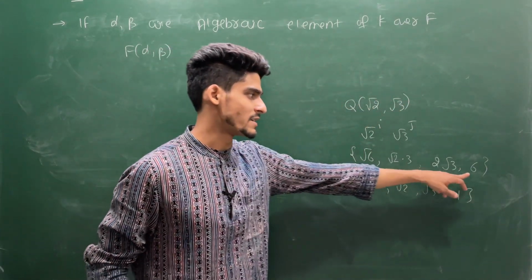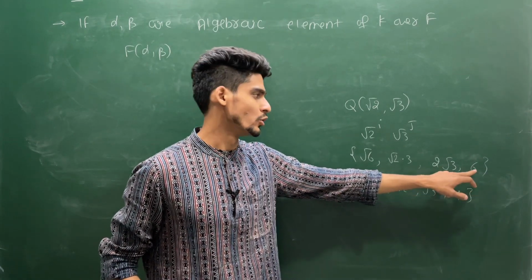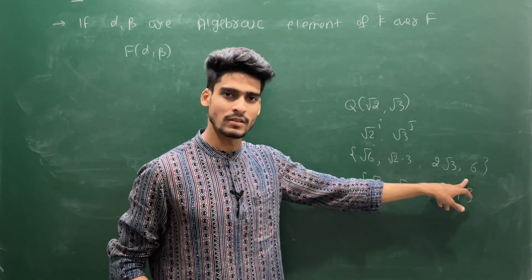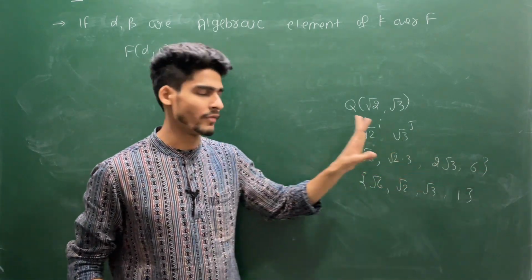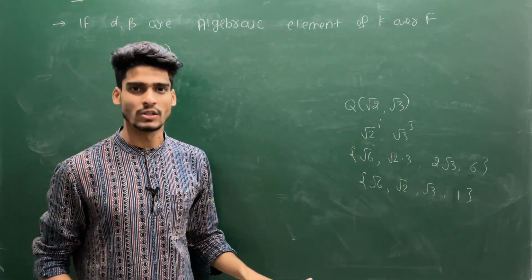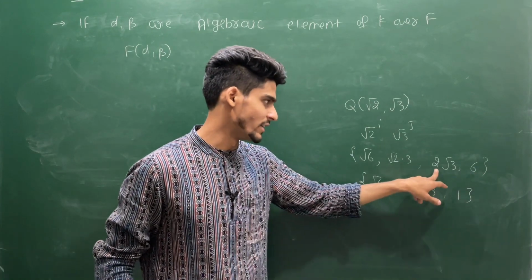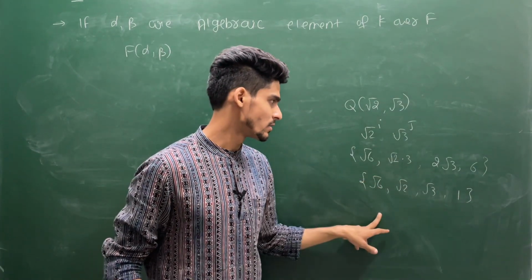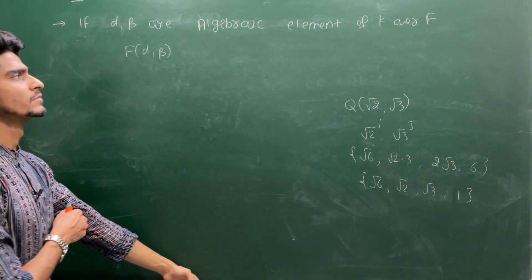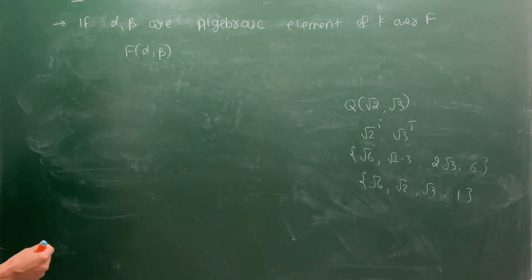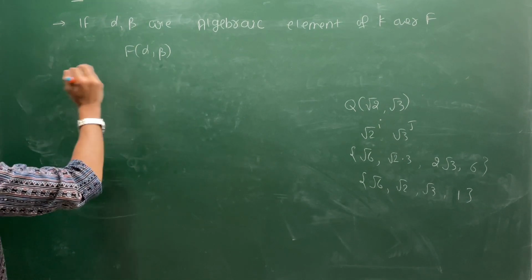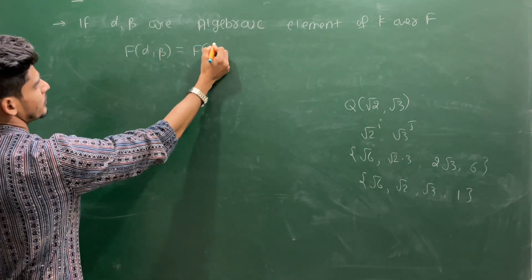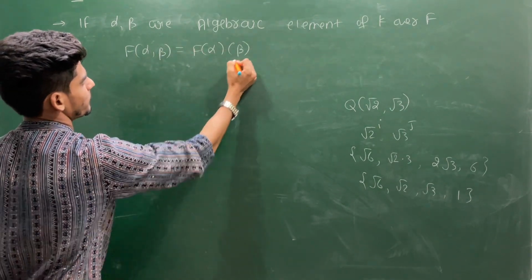Because if you take some rational multiple of this, that will not affect us. So you multiply or divide with 6 or with any rational element, that will not affect the basis if the element is non-zero. So you divide with 6 here, divide with 2 here, divide with 3 here, you will have this. So here what I can do, this extension is the same as this extension.